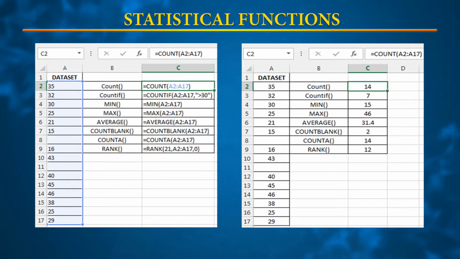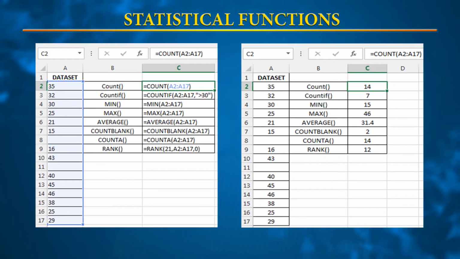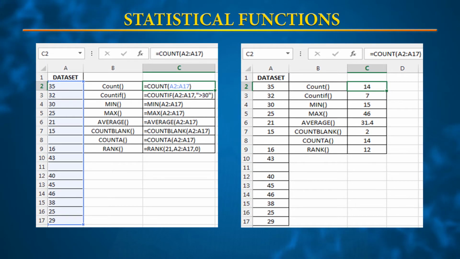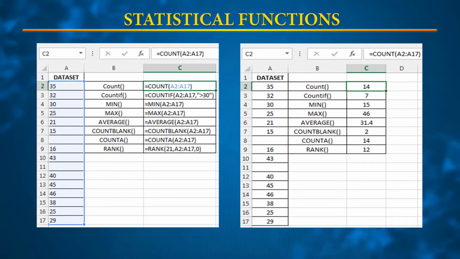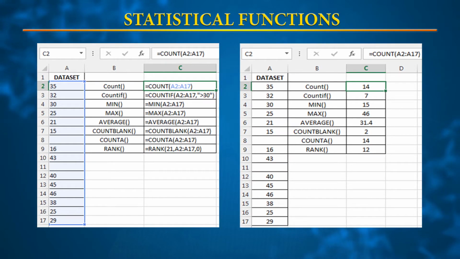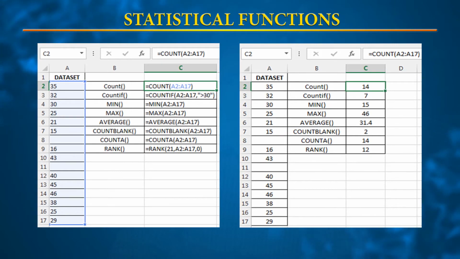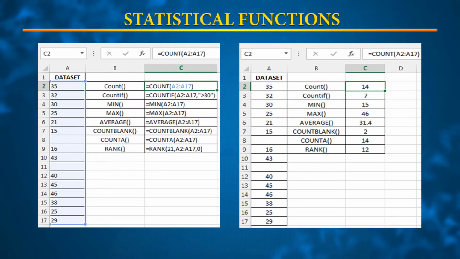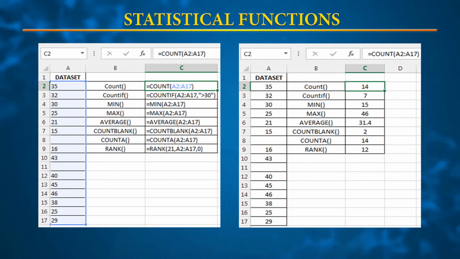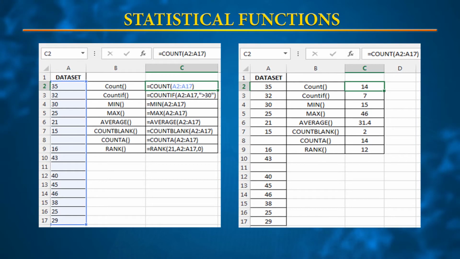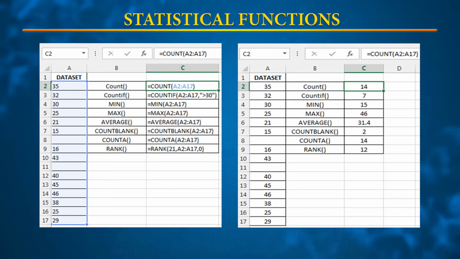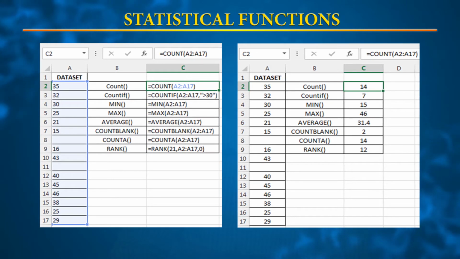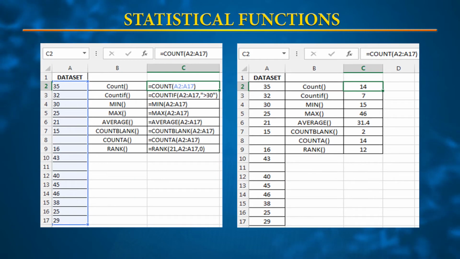Now to take up the missing values, the COUNTBLANK function comes into action. We can use the formula equal to COUNTBLANK and select the range, and if some of the cells within that range are blank, those cells are reported as the return value. Here, 2 of the cells are intentionally kept blank, as a result of which the return value of COUNTBLANK is 2.